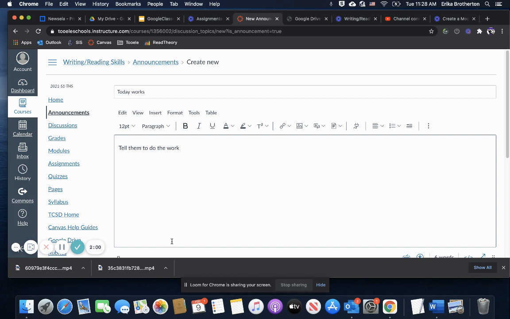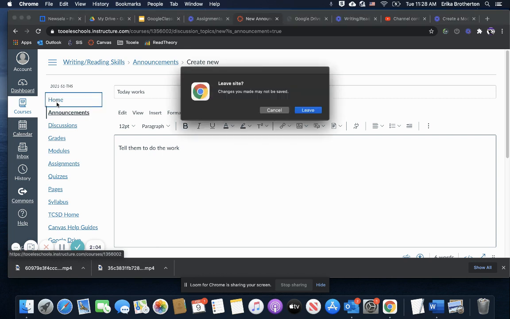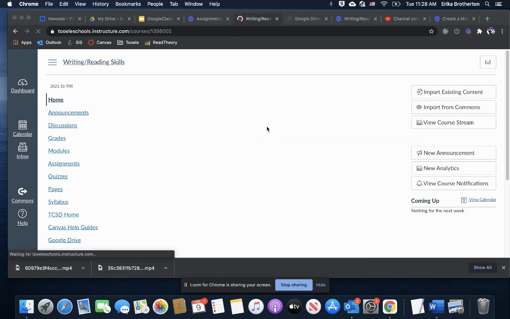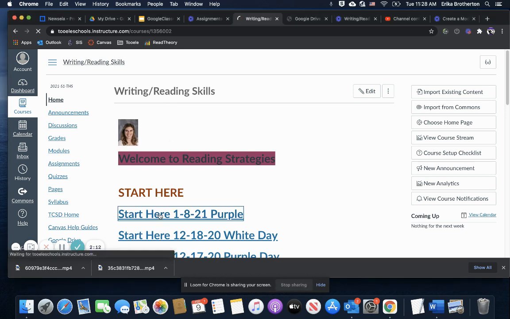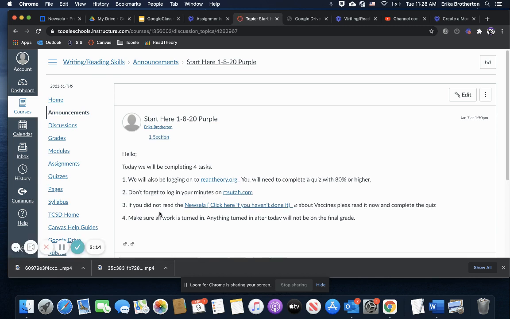This is where I like to post my Friday work. So if you look at my homepage here, you can see I have the Friday work start here. All they have to do is click on it. It takes them to the announcements where it shows them what tasks they have to do, and these are assignments that I've created, so they can just go right to it. So yeah, this was last term's